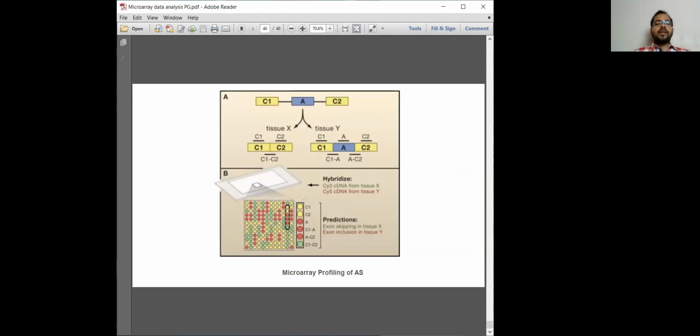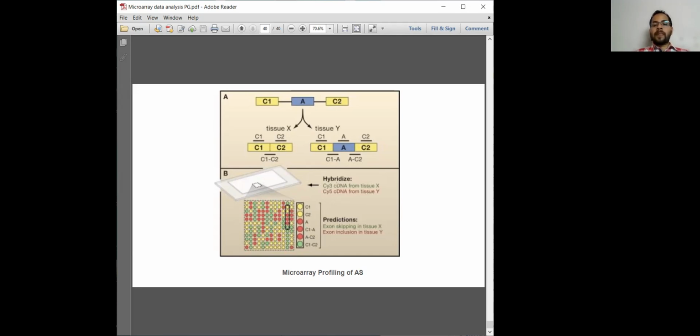This is a diagram where you can see that using this microarray technique, we can also find out the different isoforms, which are not very easy to find out, but designing with some complicated experiment, this microarray technique can also detect some isoforms. If you are interested, you can look for how microarrays can be used in